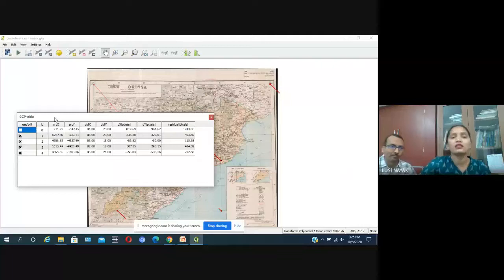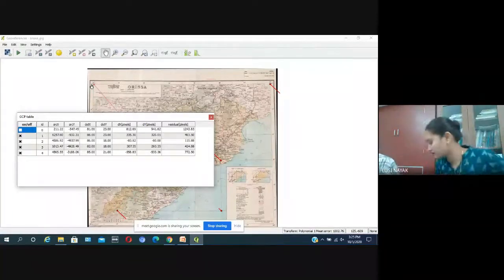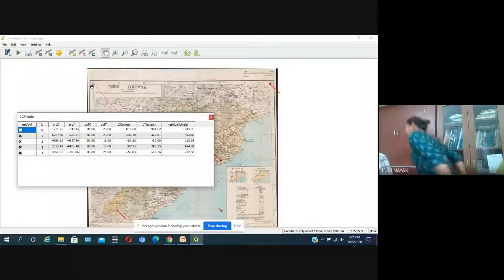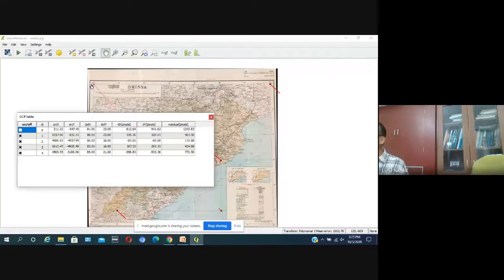You see, when I am switching on or switching off, the point becomes faded. So the zero ID point is this point.